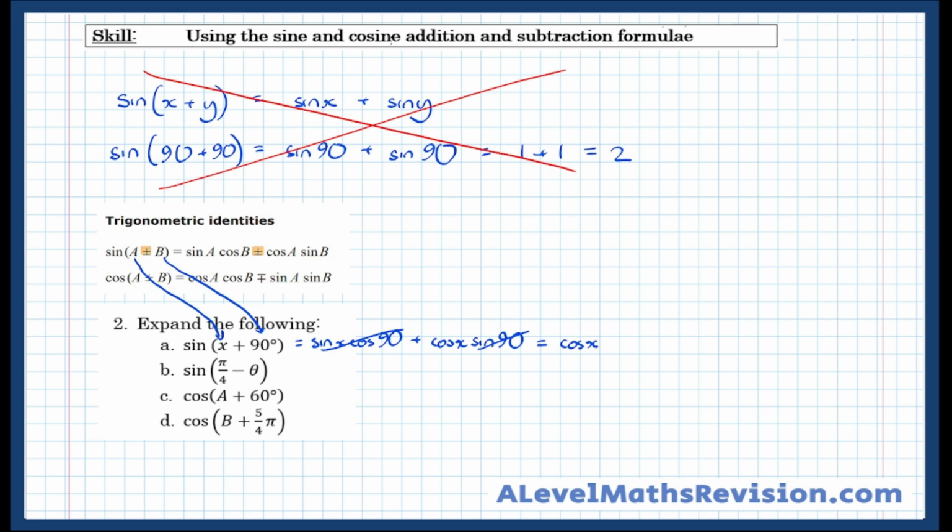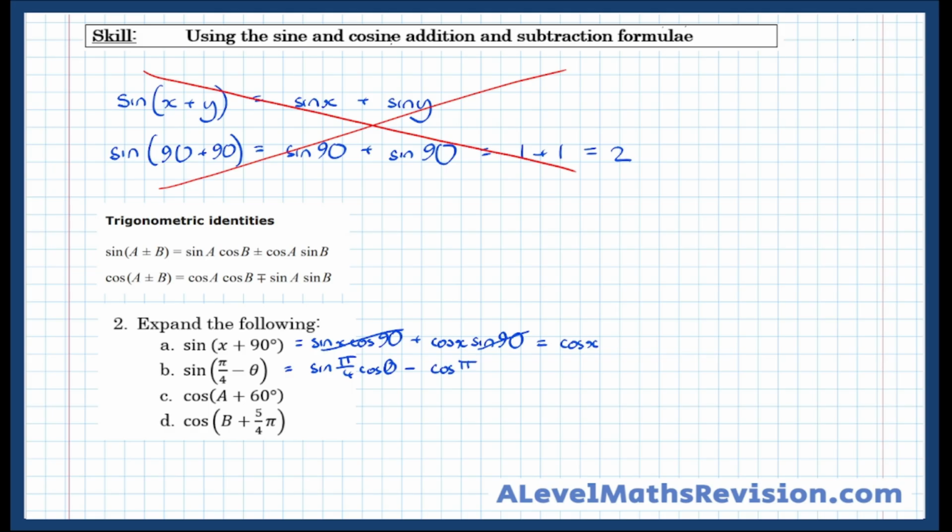Let's try another then. So you might want to pause, have a go at this one yourself. But as usual, I will continue. So sine of pi over 4 minus theta, and we assume it's in radians when we see the pi over 4, which contextually must be radians because we don't see pi over 4s appear when we're talking degrees. So anyway, this time it's a minus in the middle there. So we're going to use the minus, which is the bottom sign, and the minus, which is the bottom sign, equals sine pi over 4 cos theta minus